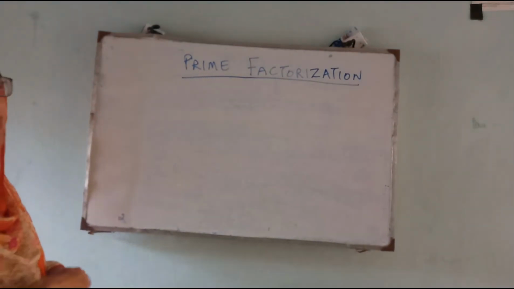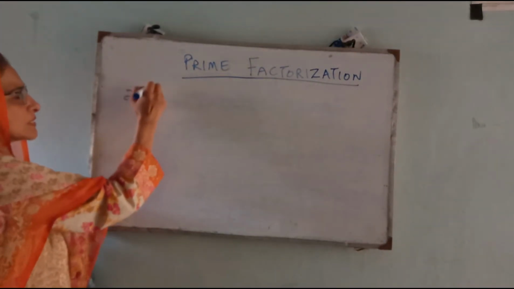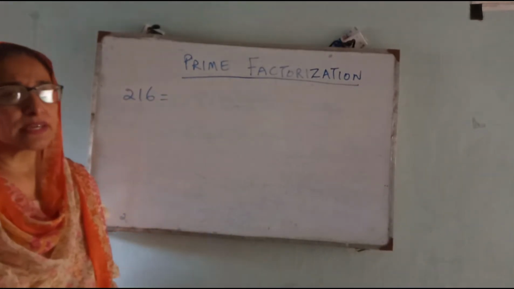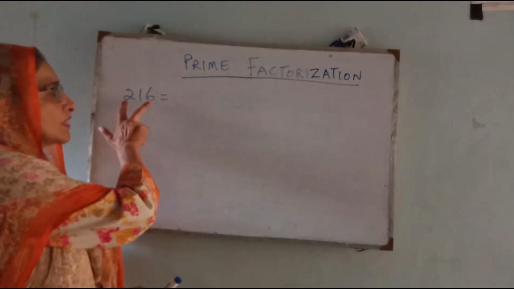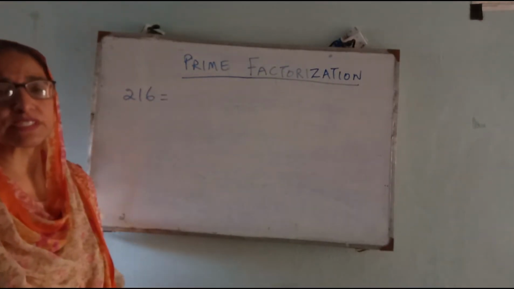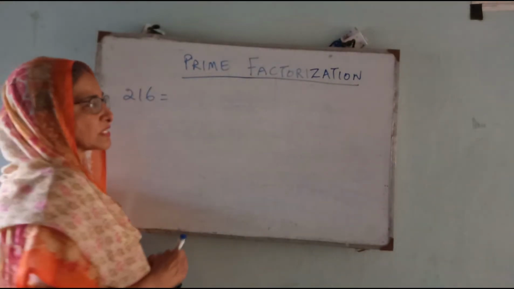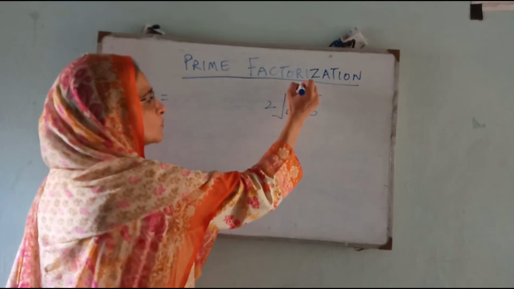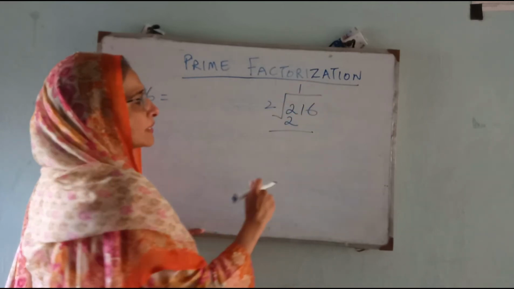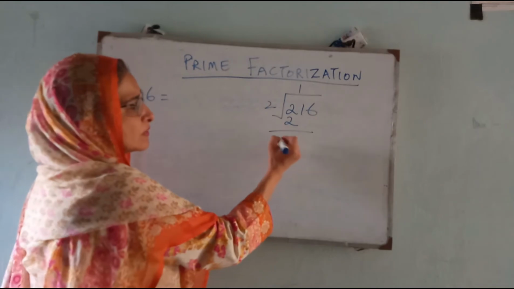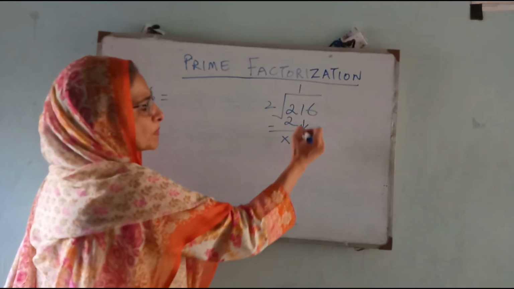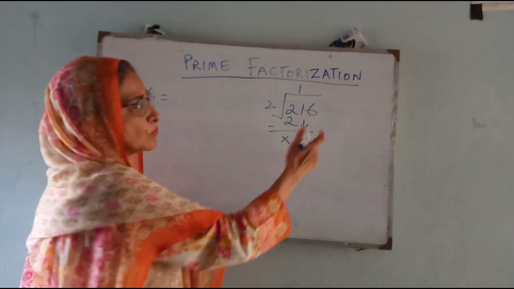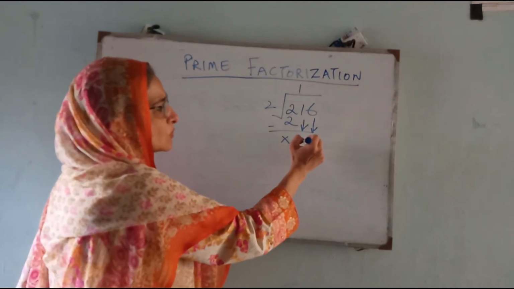For example, if I have a number 216, one very common mistake which I have observed during my experience is that whenever children have to do this type of division, they make a common mistake. For example, when 216 is divided by 2, 2 ones are 2, and then there is no remainder, so we have to copy this 1 here. This 1 is not divisible by 2, so we are going to copy this 6 also here.